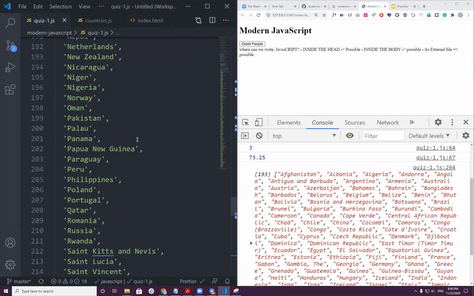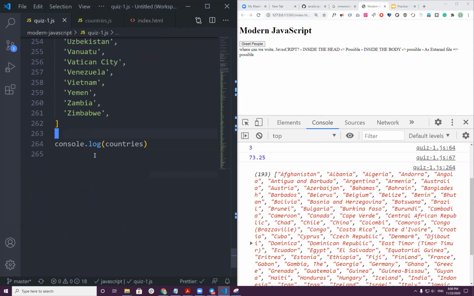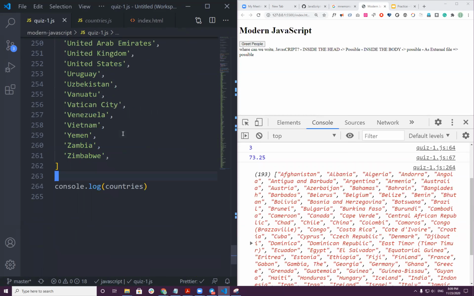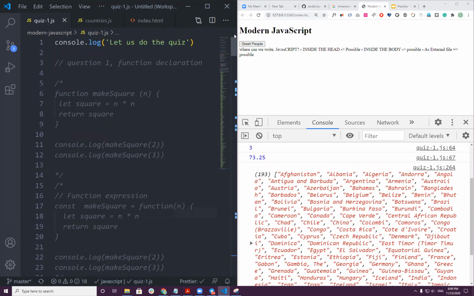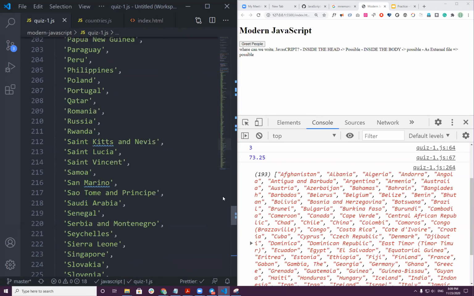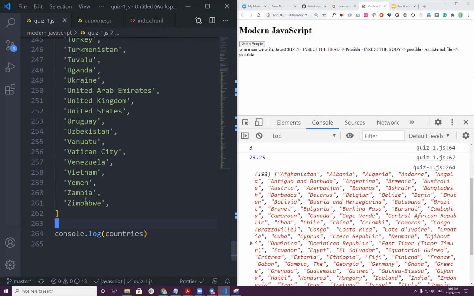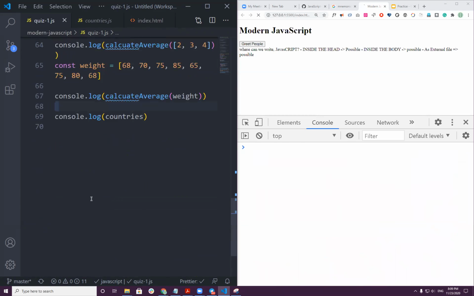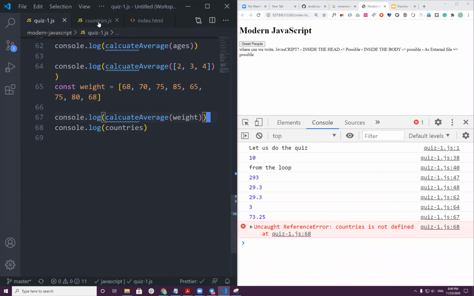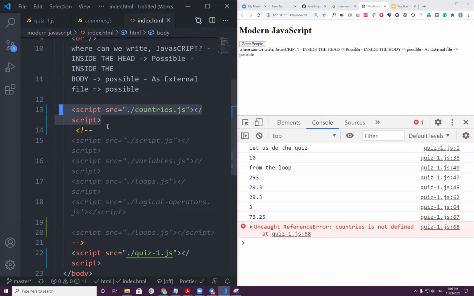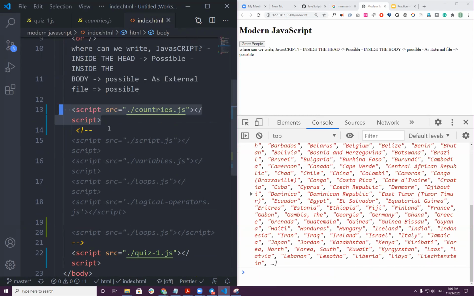Because you have the countries array here on the same file, but since it's long data, you have to scroll up and down, so it's tedious. This is not the best way to do it, so I will keep it the way I did the first time. This is much better. Did you get it, guys?